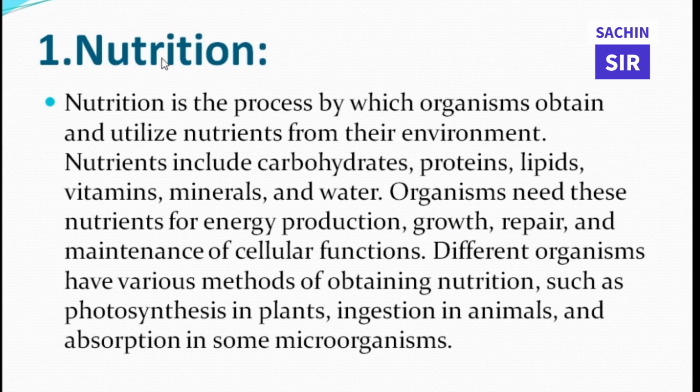1. Nutrition. Nutrition is the process by which organisms obtain and utilize nutrients from their environment. Nutrients include carbohydrates, proteins, lipids, vitamins, minerals, and water. Organisms need these nutrients for energy production, growth, repair, and maintenance of cellular functions. Different organisms have various methods of obtaining nutrition, such as photosynthesis in plants, ingestion in animals, and absorption in some